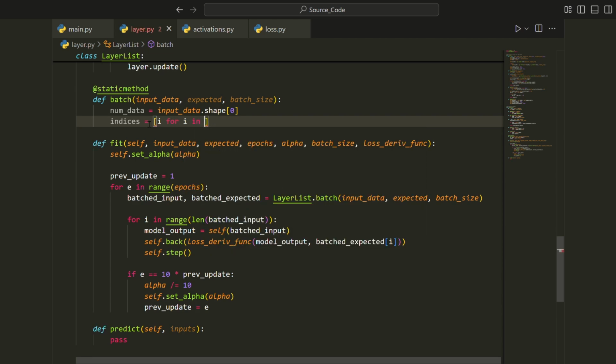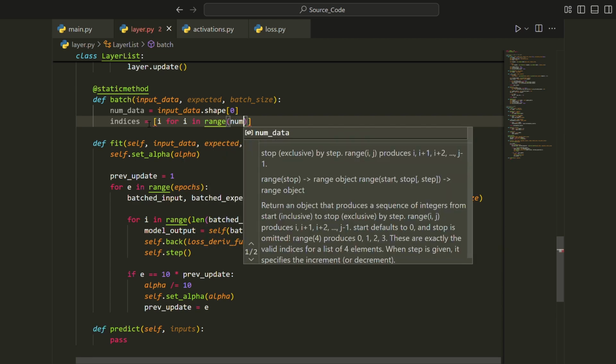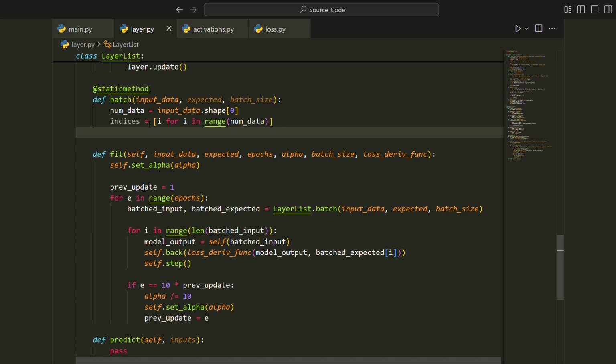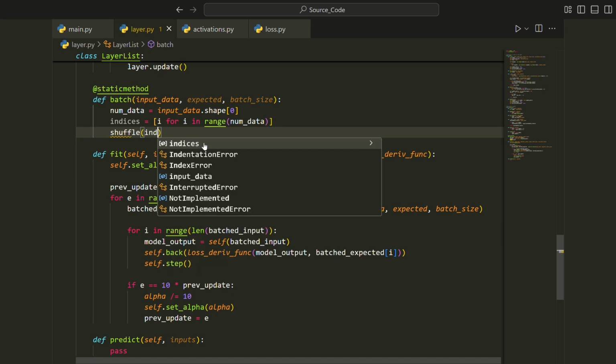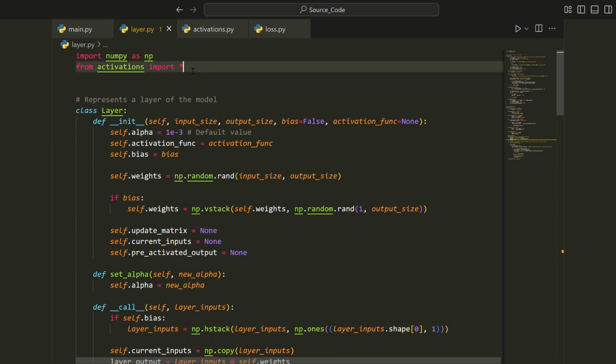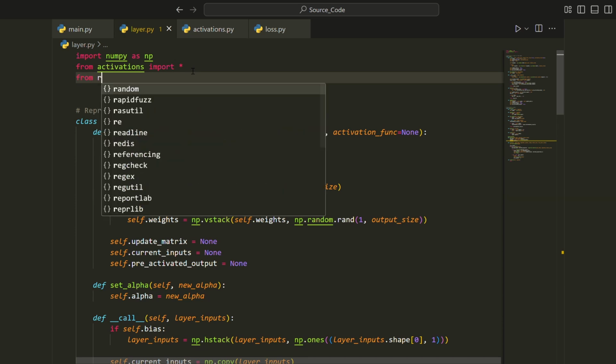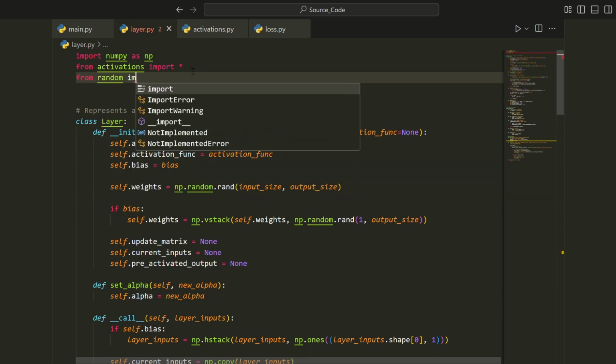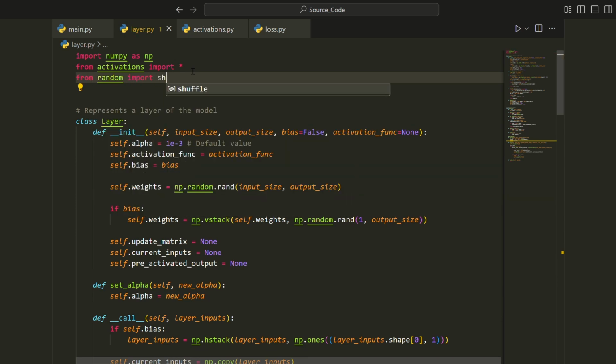I in range num data. Then we're going to shuffle these indices because we want to pass the data points into the model in a random order. To randomize the values in the indices list, we're going to call the shuffle function. The shuffle function is defined in the random library,